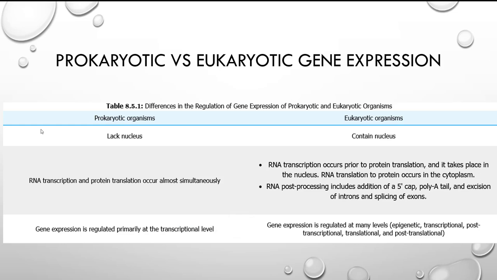Okay, so we have the transcriptional level like the prokaryotes, but we also have, in between the transcriptional level and the translational level, what's called the post-transcriptional level. It can also happen after the protein's formed, and it can also happen before the entire process takes place, okay? So we're going to talk about that, but we're going to start out by looking at prokaryotic gene expression. Remember, that's occurring at the transcriptional level.